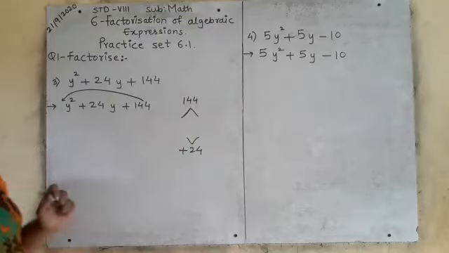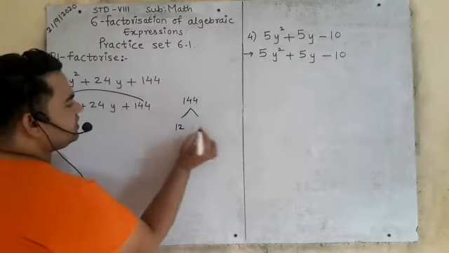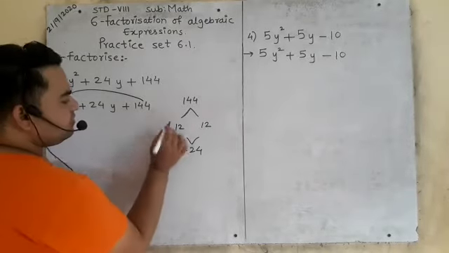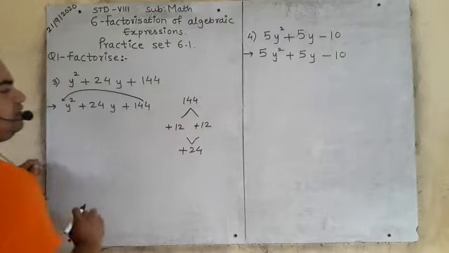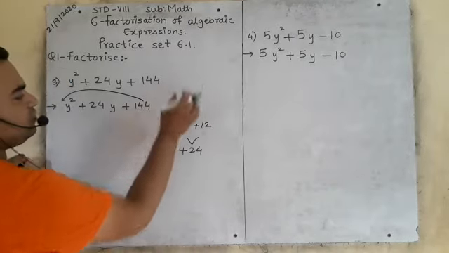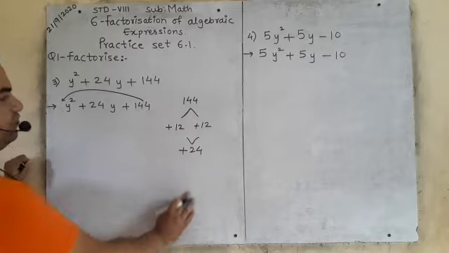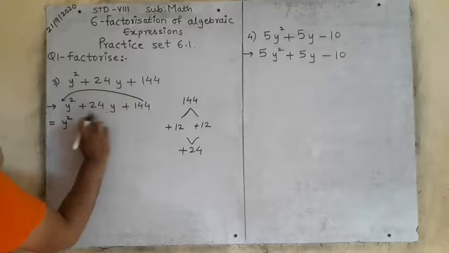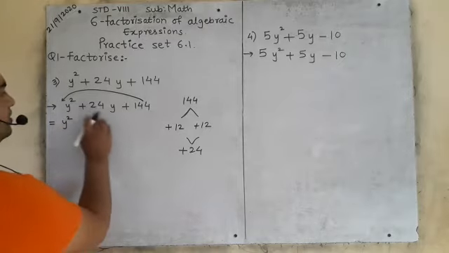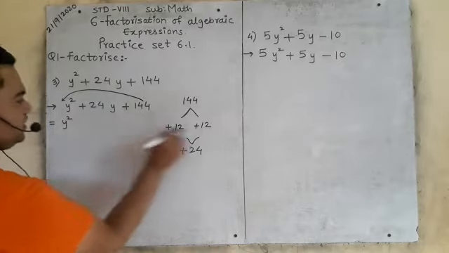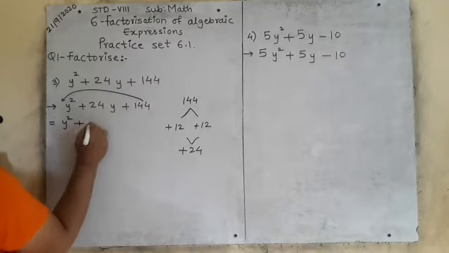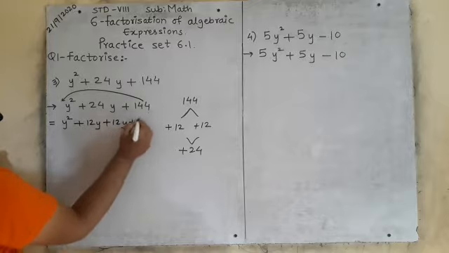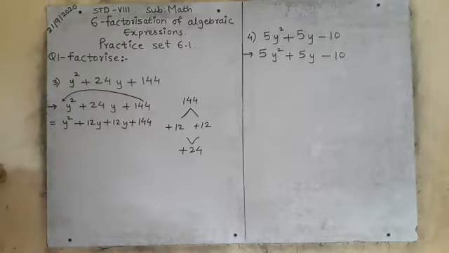144 is the square of 12, right? So you will write 12 12s are 144. Here is the sum. So can you see plus 12 plus 12? Yes. 12 12s are 144, and 12 plus 12 is 24. Is it clear? Now what you have to do? First term you will write as it is. The middle term you will split. Instead of this, you will write these two factors with this variable, that is 12y plus 12y, plus the constant term as it is. Is it clear?